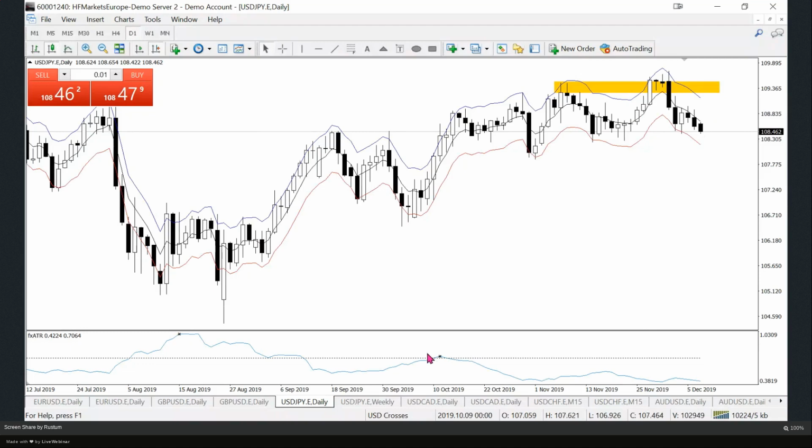We can see here also that our ATR is sloping downward. There's no more volume. It's very difficult to make higher highs here because our ATR is pointing downward. So we have many reasons to look for a range trading strategy entry